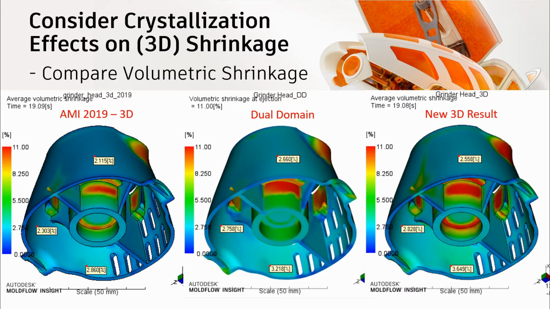And we can see that the volumetric shrinkage result, here we're looking at average volumetric shrinkage in 3D, which represents a total volumetric shrinkage effect through the thickness in the local area, and comparing that to the volumetric shrinkage result in dual domain, which also is a total volumetric effect through the thickness of the part. And what we can see is that the new 3D result has numerical values of magnitude of volumetric shrinkage which match more closely with those of dual domain, whereas the previous 3D result from 2019 did not have such good